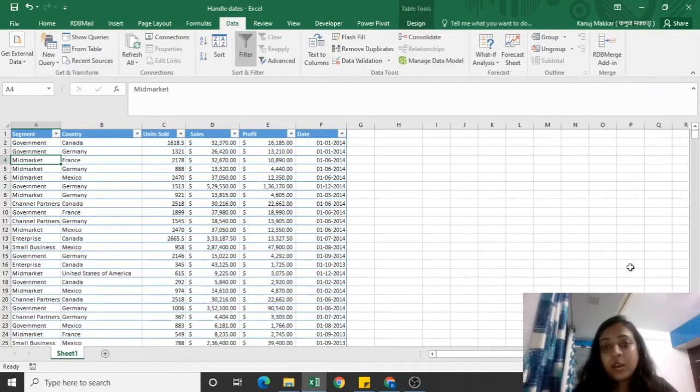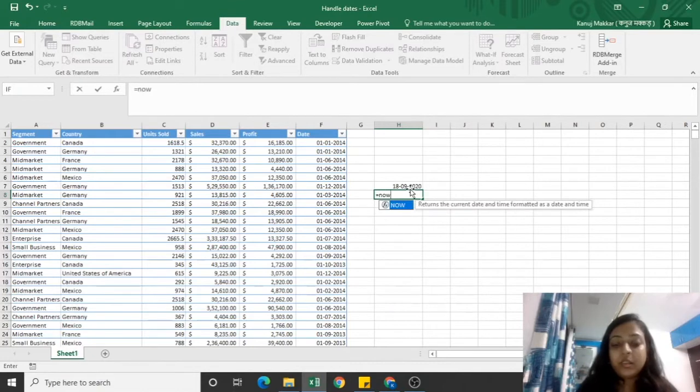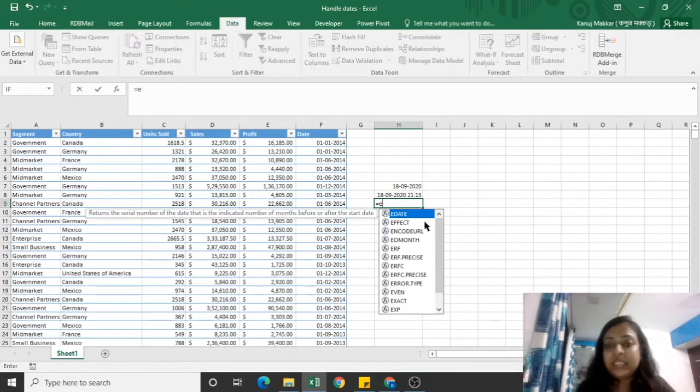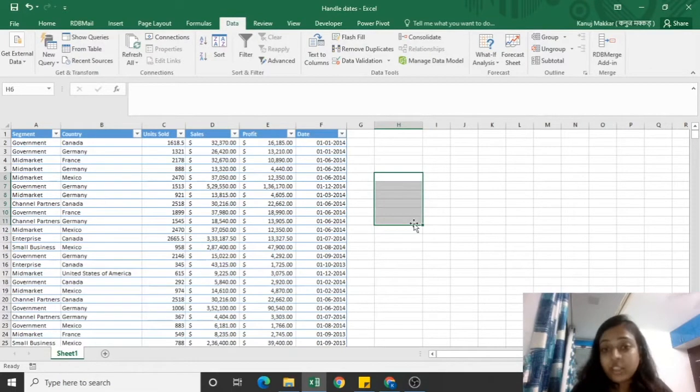So in our Excel, we see we have a lot of formulas which deal with dates, like TODAY or NOW, which deal with time, or if I select E, you can see EDATE, EMONTH, and a lot more formulas related to dates are present in Excel to analyze the dates. But you know what? If you don't want to get into the functions, you can easily do it with Power Query analysis, because Microsoft has given predetermined buttons and with just a click you have all your analysis. Okay, let's see how we do that.